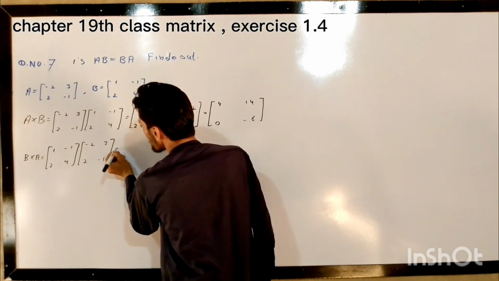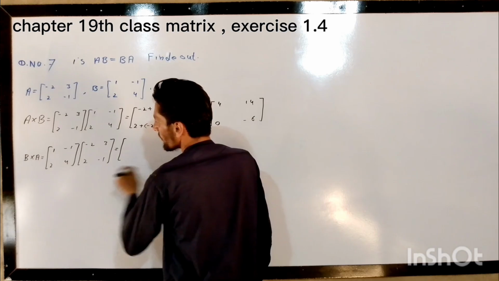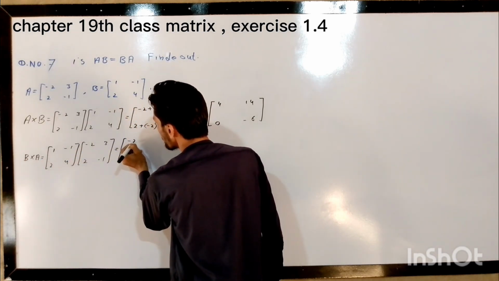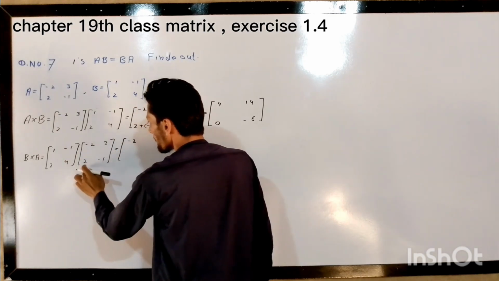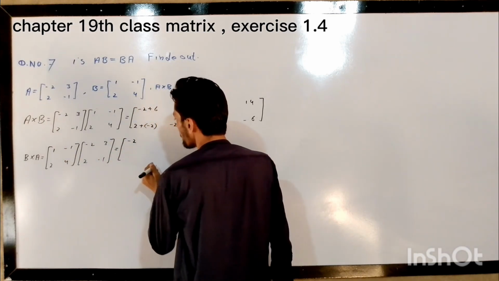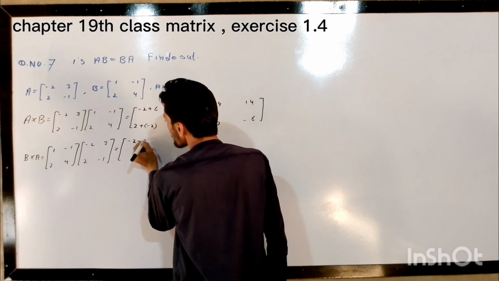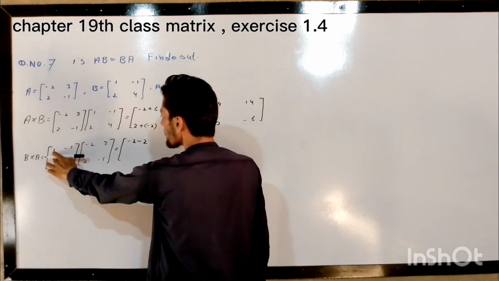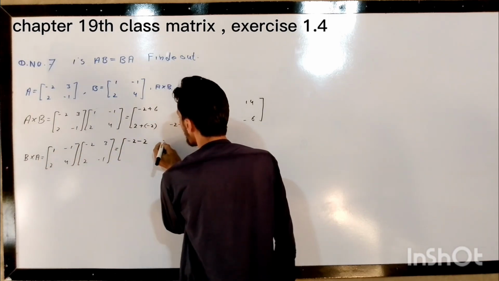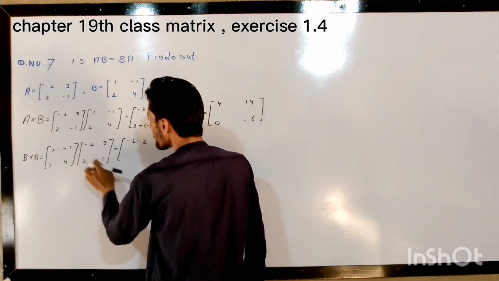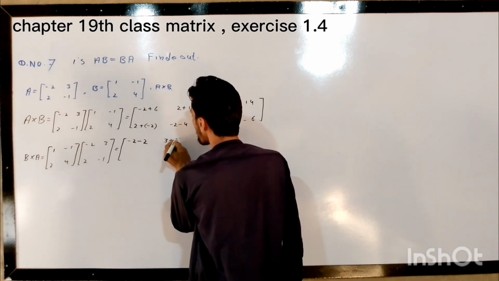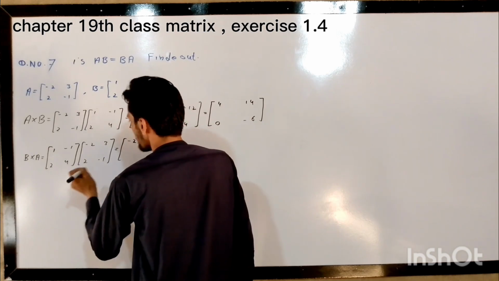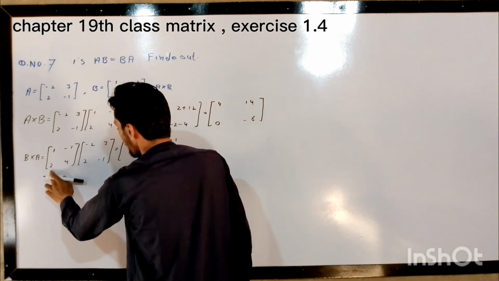Now, let's move to B cross A. A cross minus 2 will be equal to minus 2. Minus 1 plus 2 as a product will be equal to minus 2. Okay. Now, plus 1 and 3 will be equal to 3. Minus 1 will be equal to plus 1. Okay, is this totally wrong or not? We will check right now.